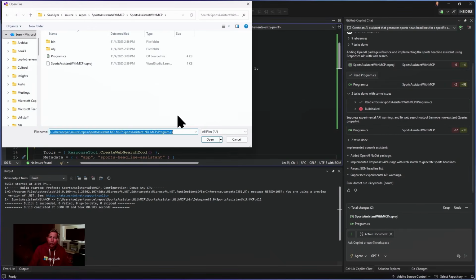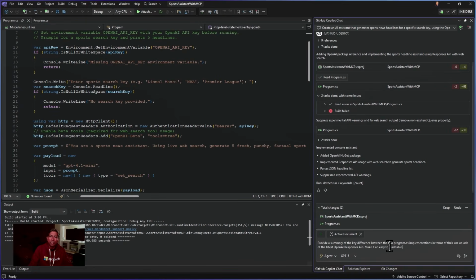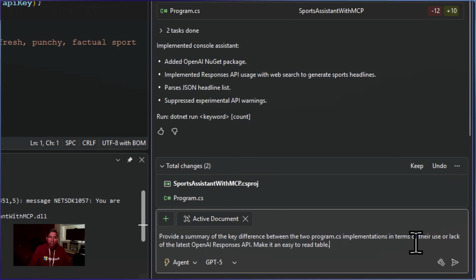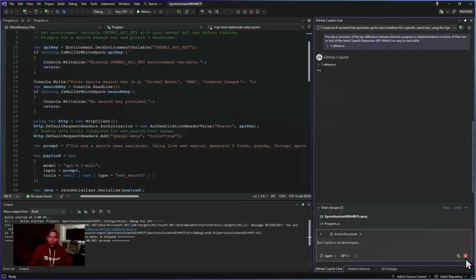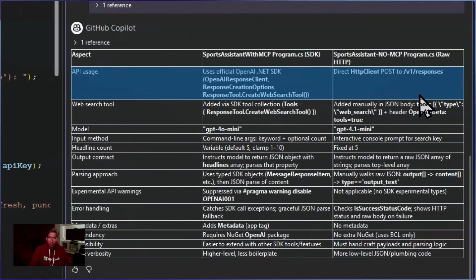I'll open both implementation files side by side in the same Visual Studio instance just to make it easy to compare. Now I'll ask Copilot to compare the two and give me a summary of differences. Notice how the OpenAI API is used only when the NuGet MCP server was turned on. The latest approach, the create web search tool pattern from the README sample, was adopted instead of the older or